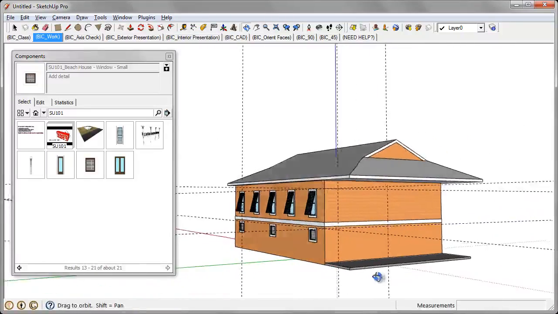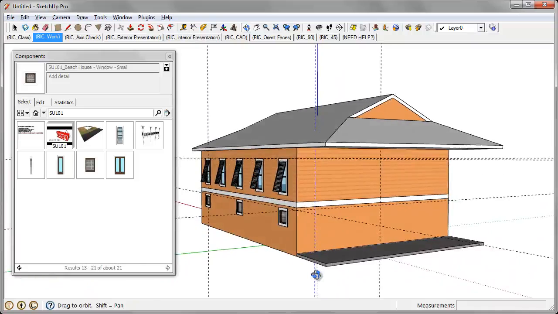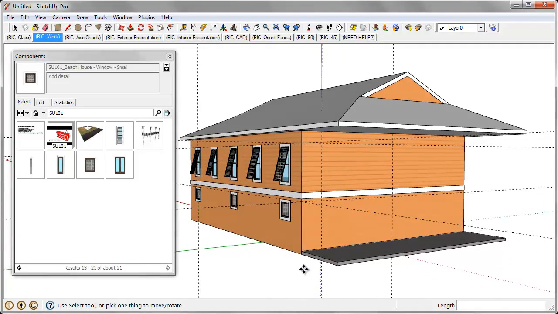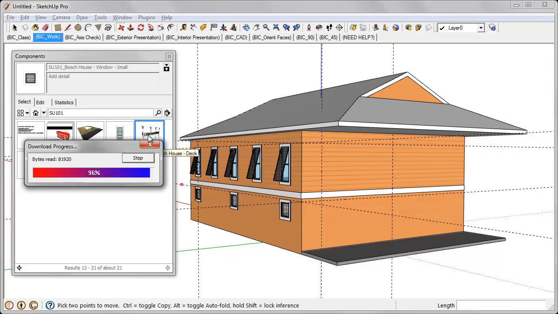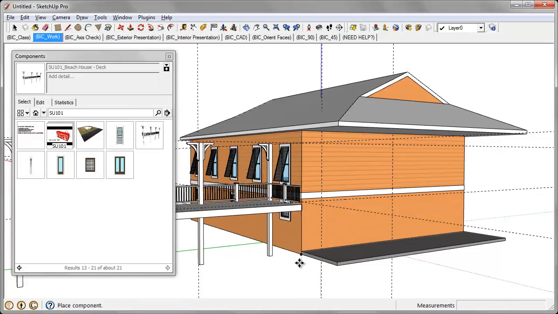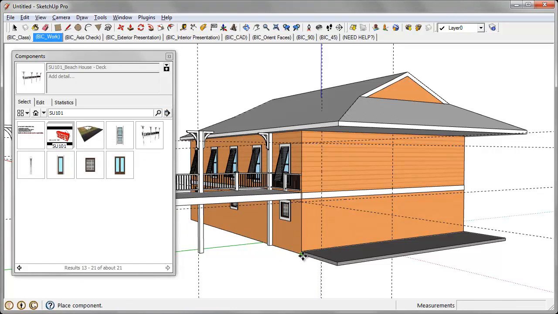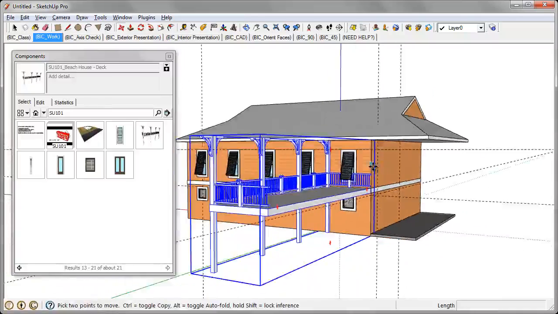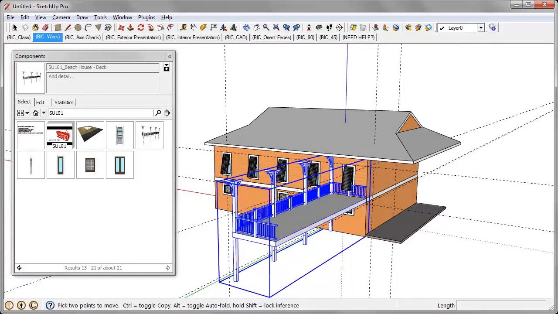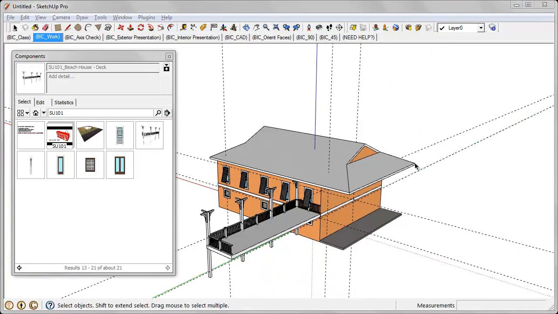Okay, now on the front of this house we want to actually add in our deck, and I've already taken the time to build that deck, and the base point is right down here at the front bottom corner of the actual house. So I'll click once on the deck to download it, and then all I need to do is position my cursor down here and click to finish. Now you can see that my deck actually came in off axis,